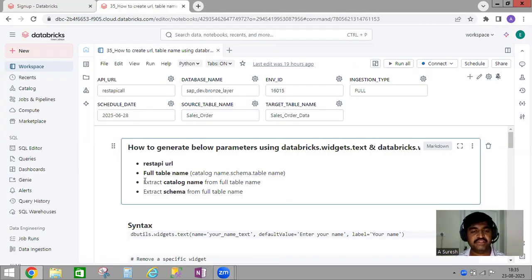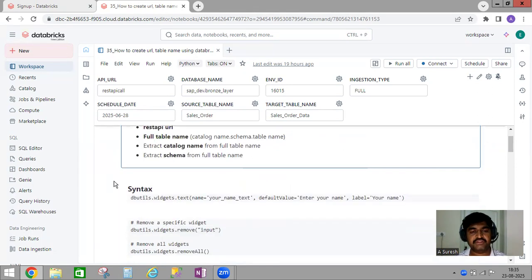And one more is to extract the catalog name from the full table name. So this is our full table name format. In this, how to extract only the catalog name, and the second one is how to extract the schema from this full table name. So first of all, what is the syntax for